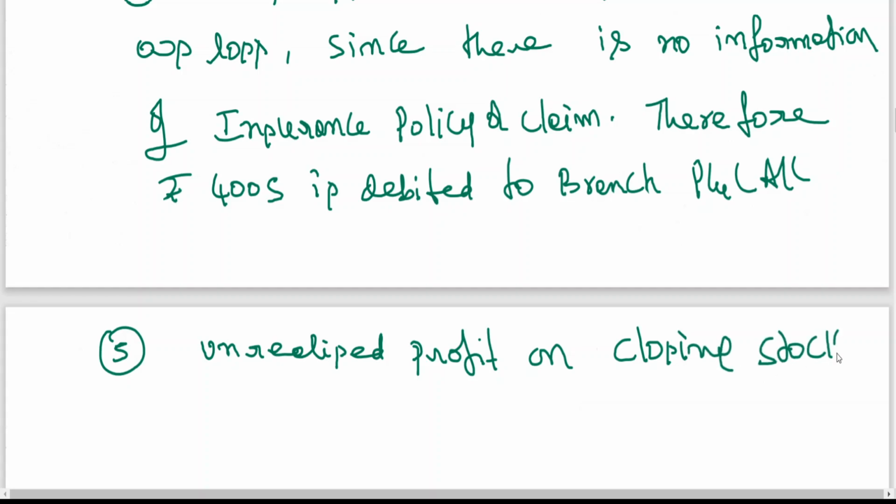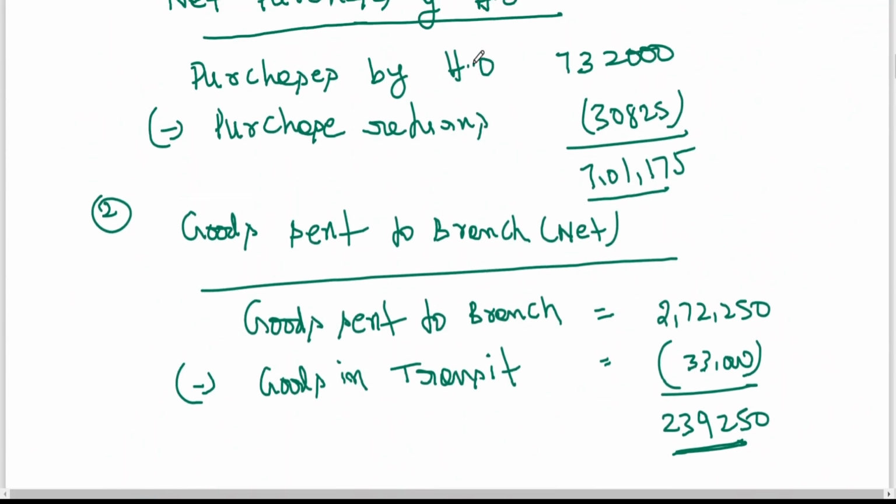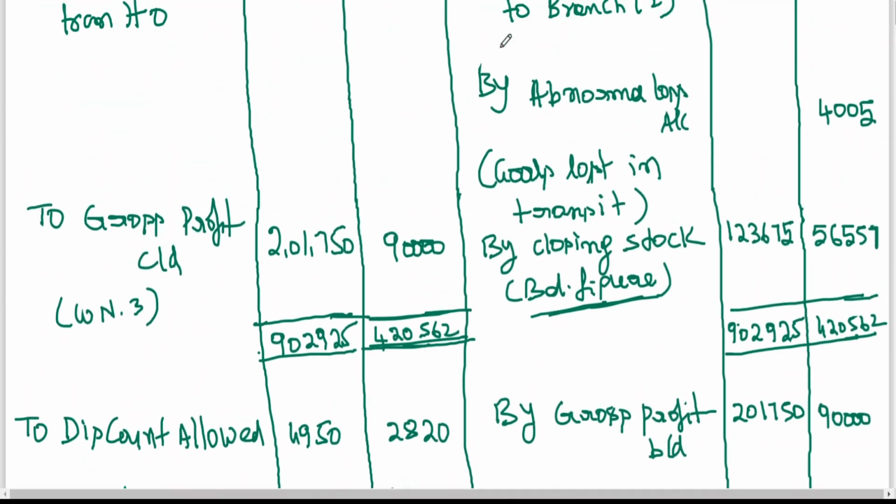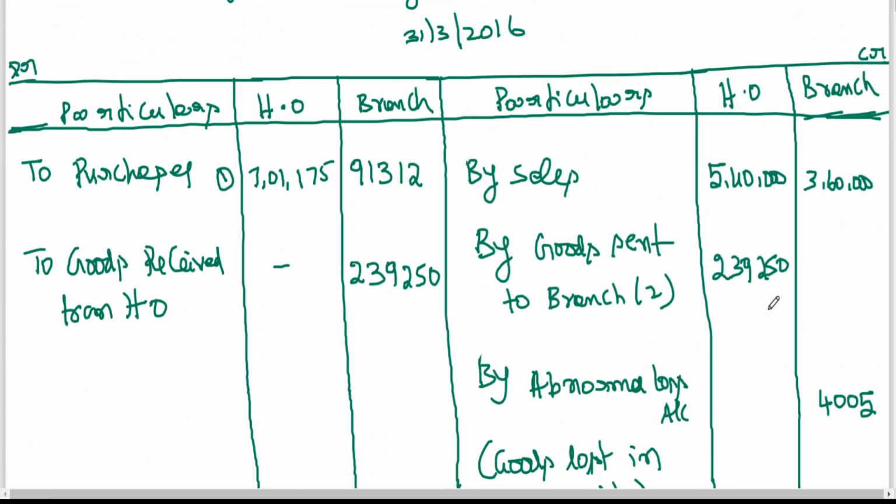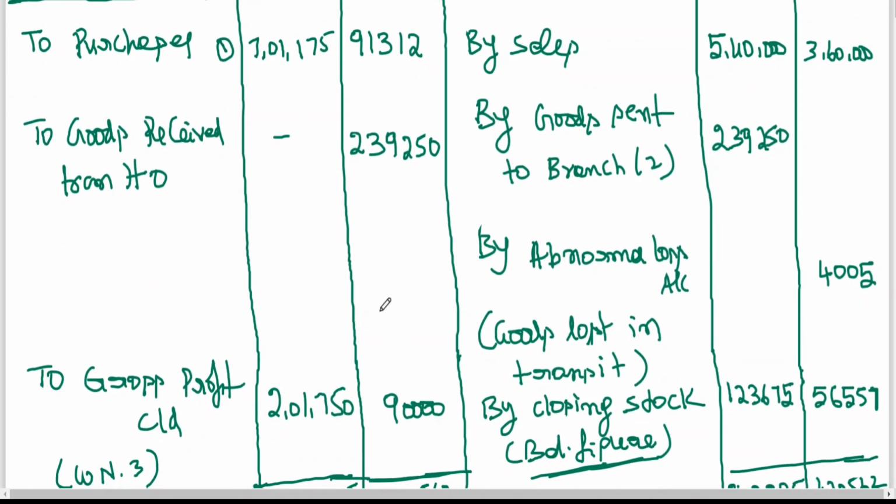On closing stock of branch, I've already told you about whenever a branch is buying it, whenever head office is transferring. If anybody is having the doubt, I think recently you have learned this, I think there should not be any doubt to you. So whenever goods are sent to branch, it is at invoice price, no? When they are treating it as invoice price, what happened? They assume that this entire goods have been sold, so the profit is more.